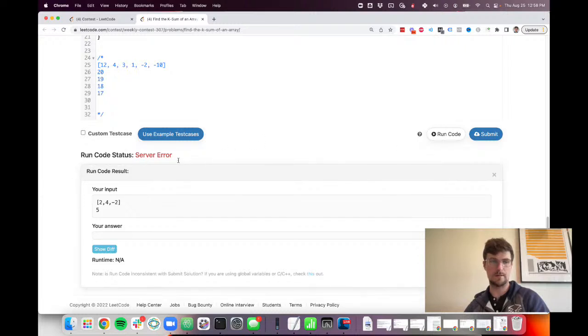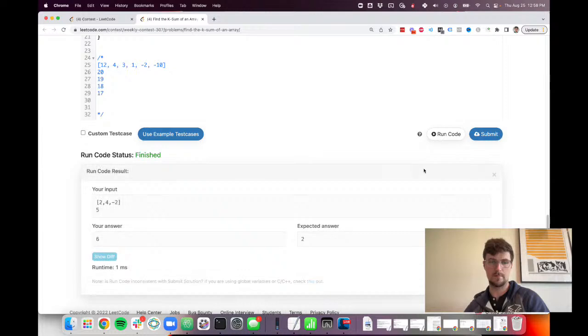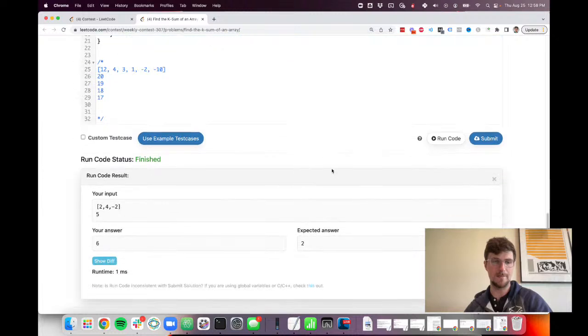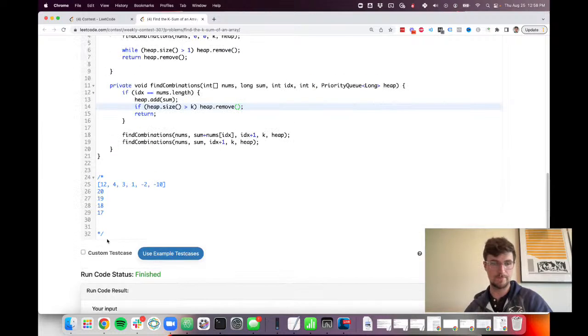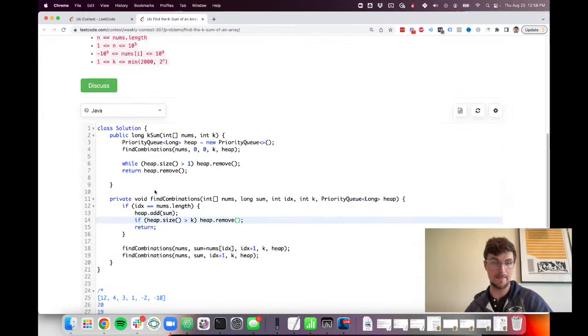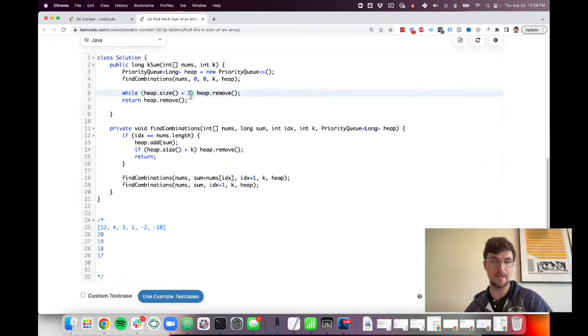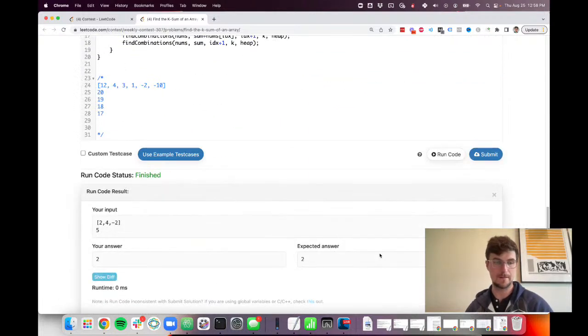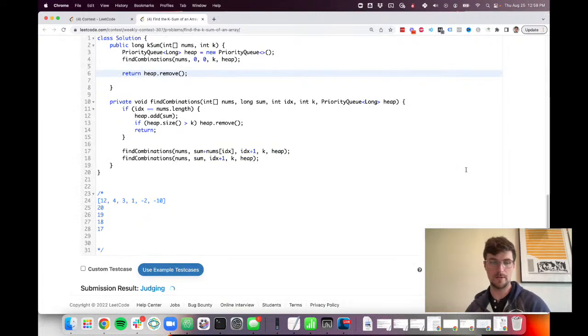Server error. All right, don't know what that was about. So obviously we didn't get the right answer here, which means we certainly did something wrong. But actually, I take this back. We should just be returning this right off the bat because that is going to return the smallest value. So if we do that, now we're getting the right answer. Okay, so if we submit this,